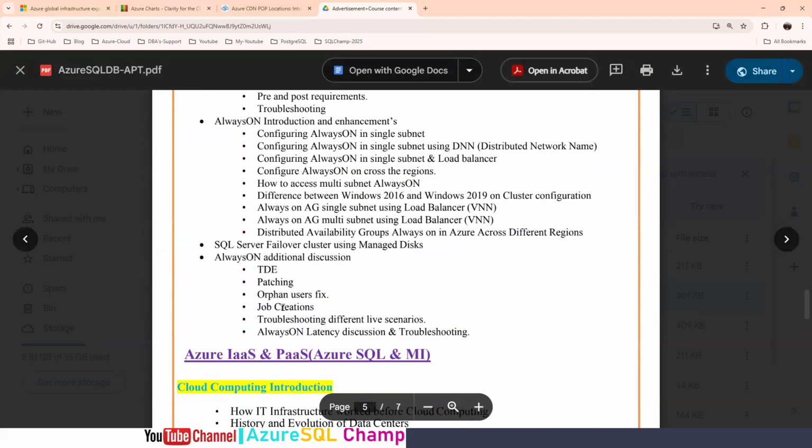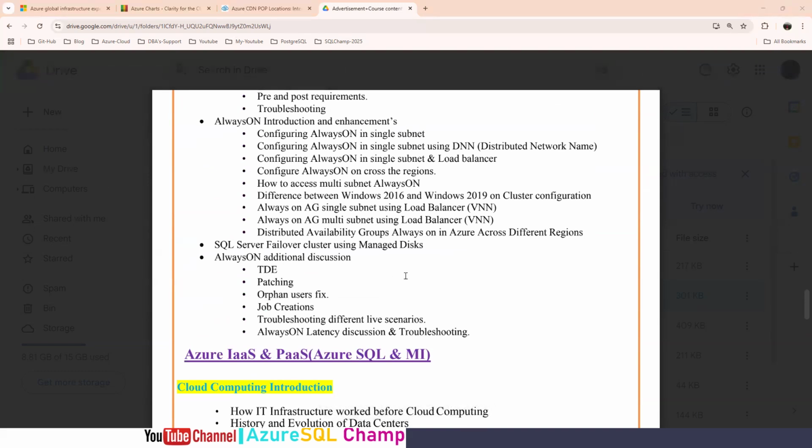Here what we are going to do is take the backup to the cloud. So how to take the backup directly to the cloud. For example, you are going to configure Ola Hallengren, or you are going to use the native maintenance plan. We are going to discuss native maintenance plans and Ola Hallengren as well. So how to take the backups to the cloud? I mean nothing but a storage account. How to create the containers? How to access the containers with the access keys,